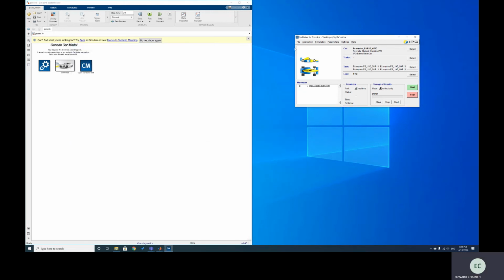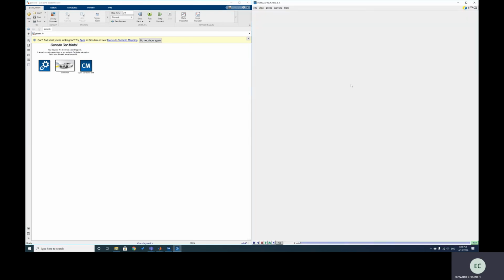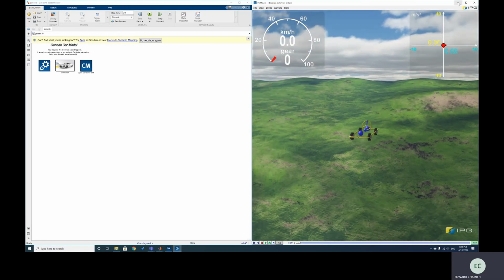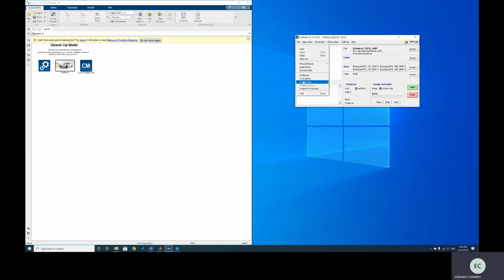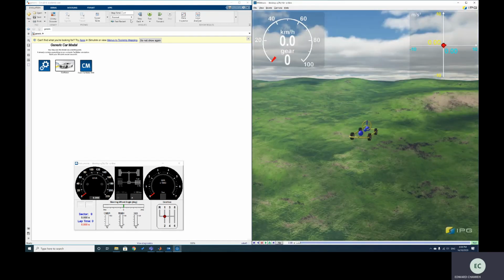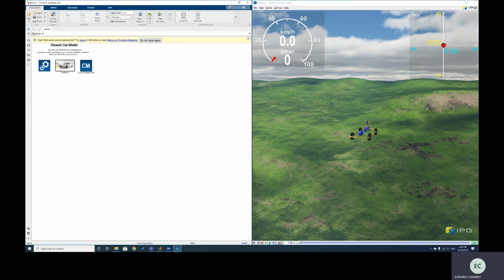Lovely. So what I'll do is I'll open IPG movie. It should come up in a second. Lovely. And let's get this happening like that. What I'll do is I'll close that too and open up instruments as well so that we get a good look at the whole thing. Okay, let's get this started now. I can actually run these two things and IPG through the Simulink package now using this top run command. So if I press run,